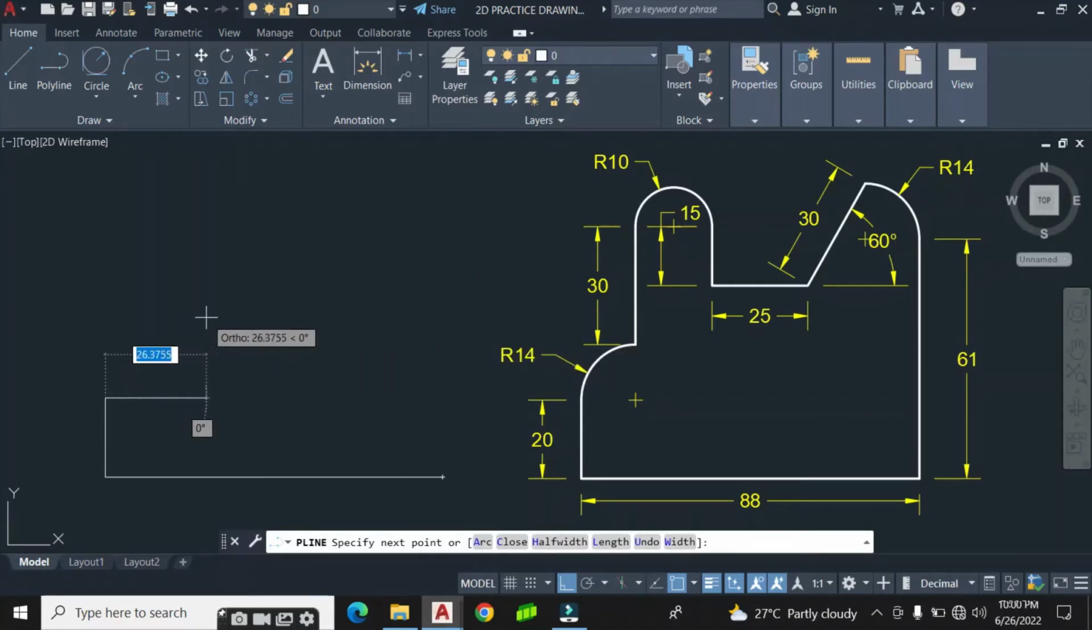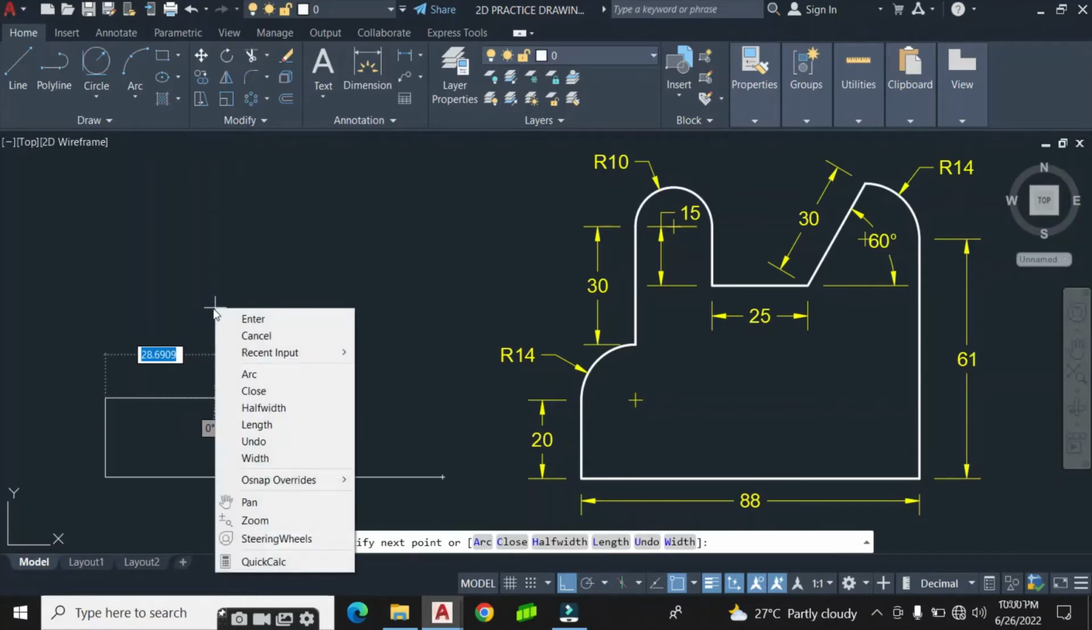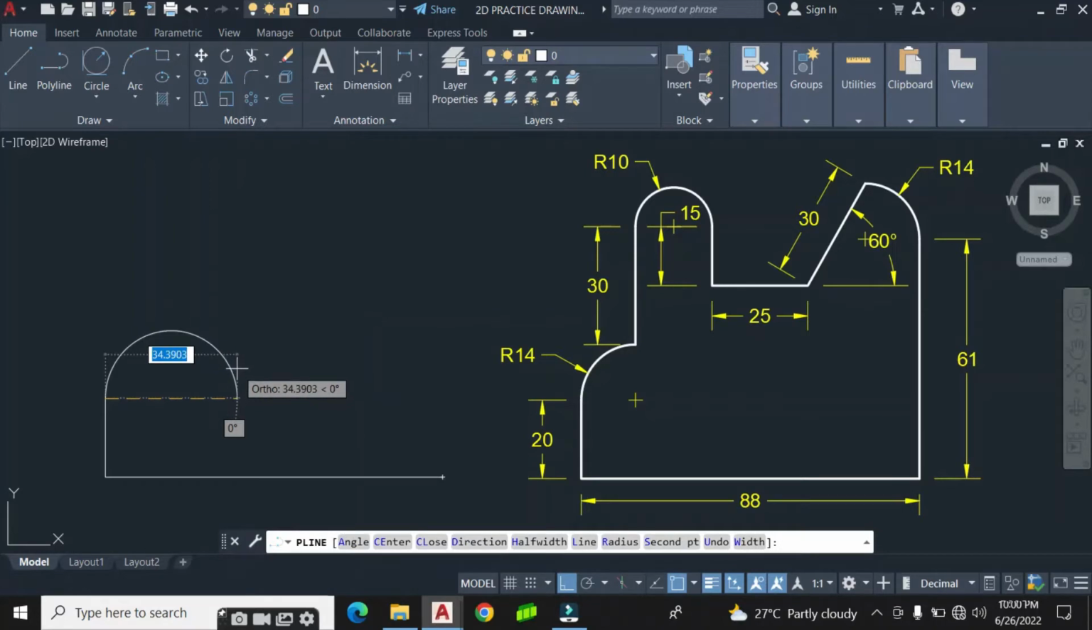So I'm going to right click, and here I choose arc. Okay, and I'm going to make the chord length of that arc 20. So here I'm going to toggle between the length of the arc and the angle at which I want the arc to incline. So the length of the chord, I make it 20,